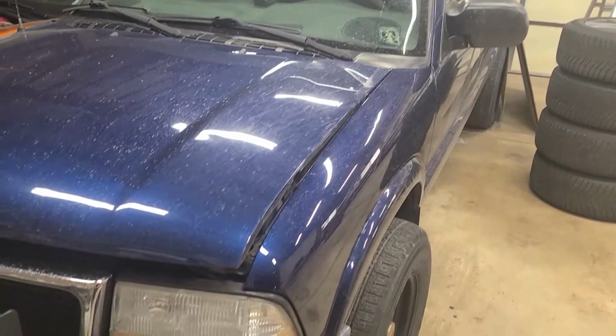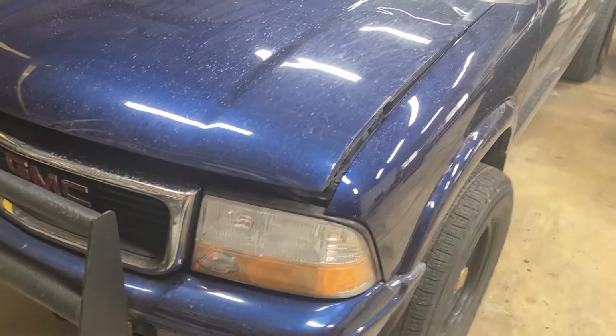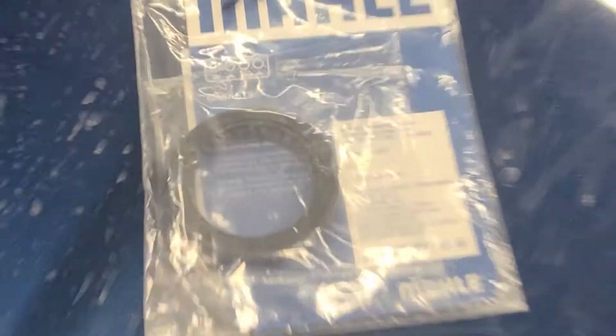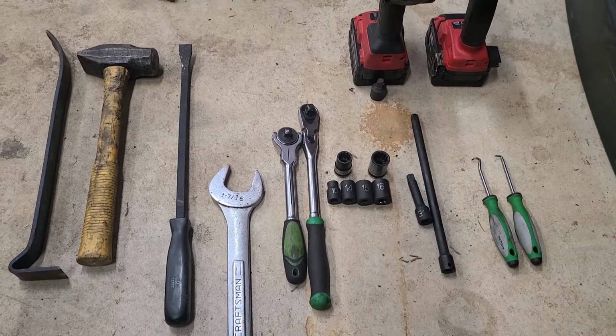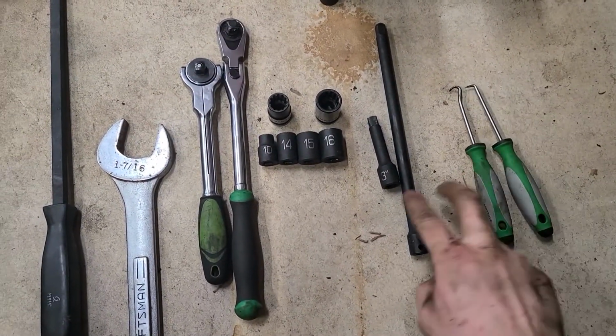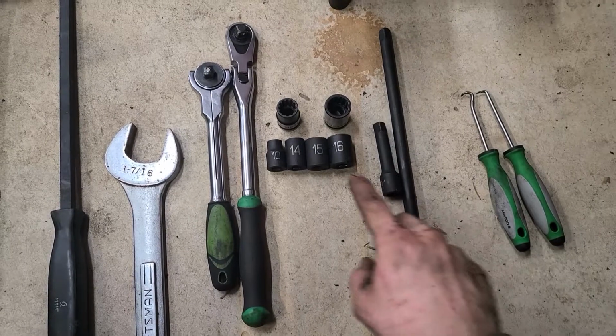Today, the Sonoma is going to get a little bit of love, and I mean just a little bit. We're going to be doing the front main seal. Let's do it. So the tools I used doing the front crankshaft seal are 2 different picks, 2 different extensions,